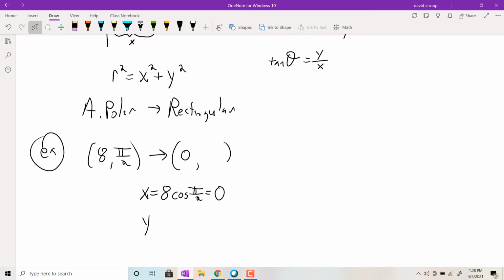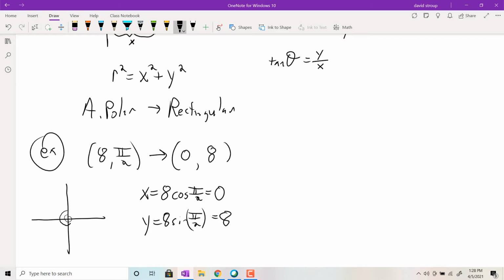And then the y-coordinate will be 8 sine of pi over 2. So that's just going to give you 8. Okay, so no big deal there. And you'll see if you plot it using either the rectangular coordinate system or the polar coordinate system, you kind of get the same thing, right? So